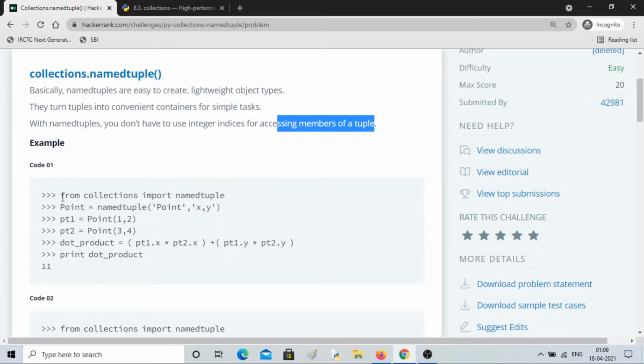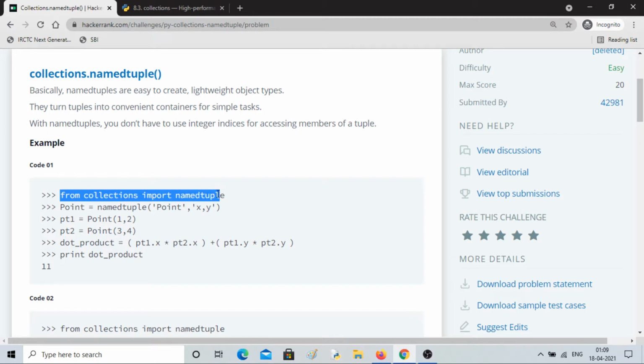For example, here you can see the library has been imported first. Then there is the variable called Point, which is a namedtuple. The name is Point, and the input will be given in this fashion, x and y. So they are making a tuple, and the container is Point.